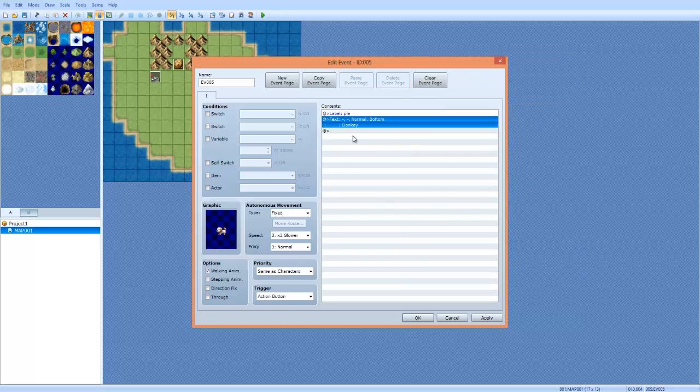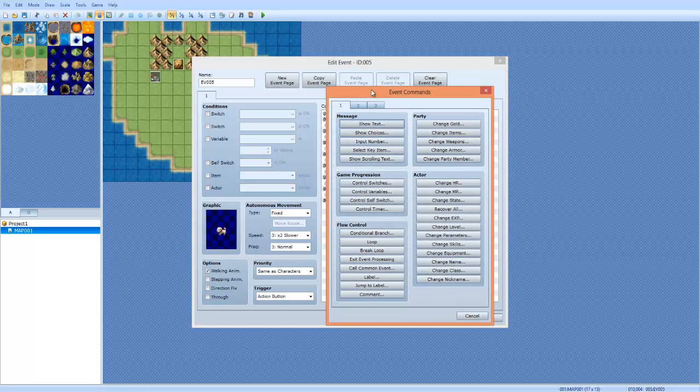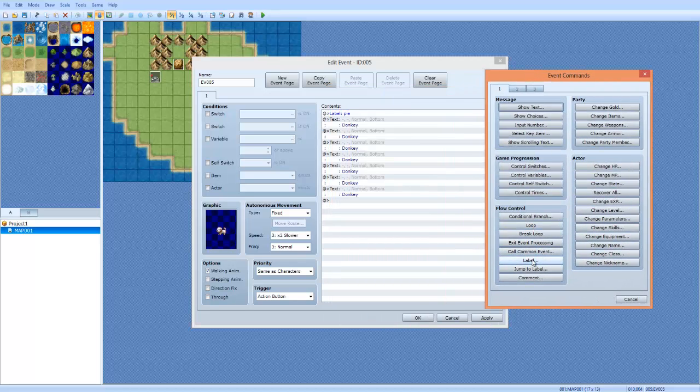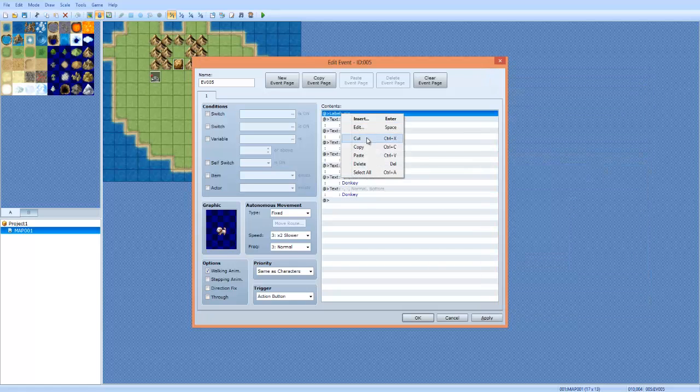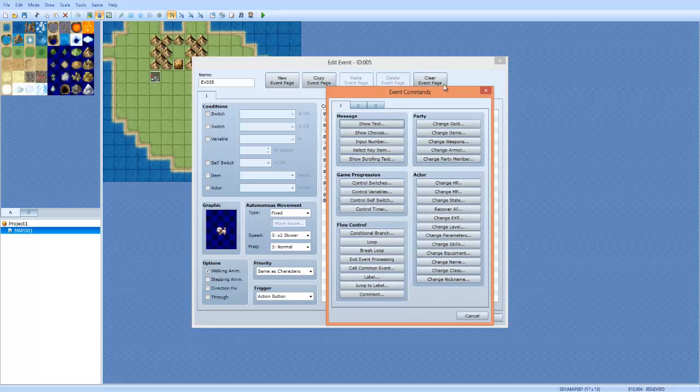But you had a bunch of stuff here. I'm just going to use text for example. You had a bunch of stuff, but you only want it to go through this one thing, for example. So we're going to make a label, right? Oops, we already have one. So I'm going to click cut, then click paste. This is going to be labeled pie, right? So underneath pie, we're going to say